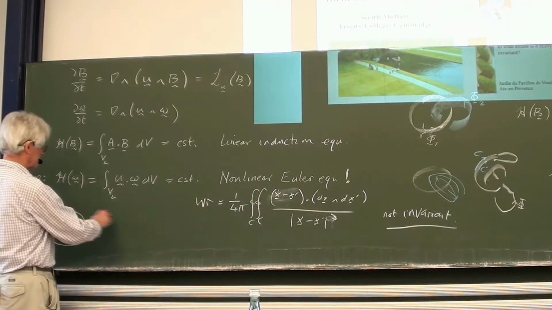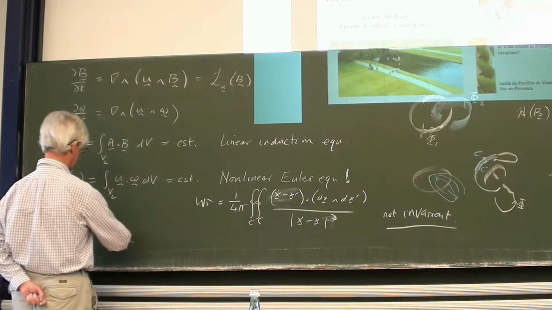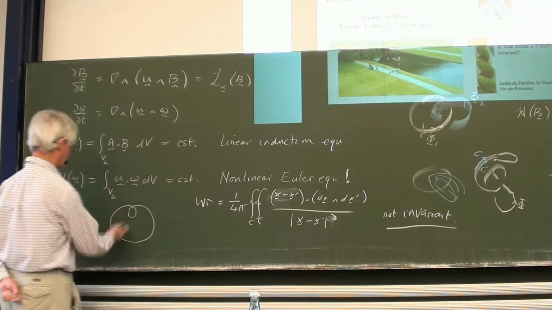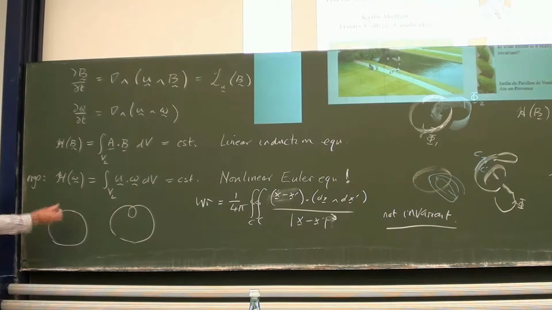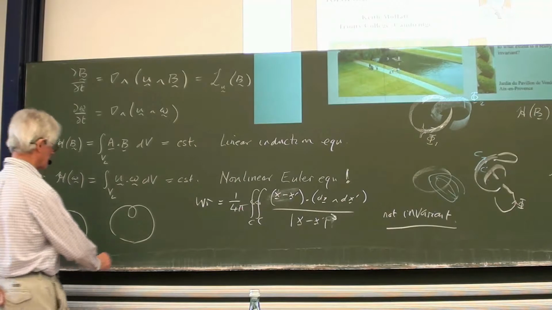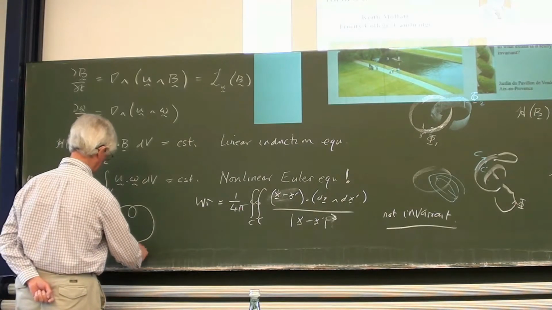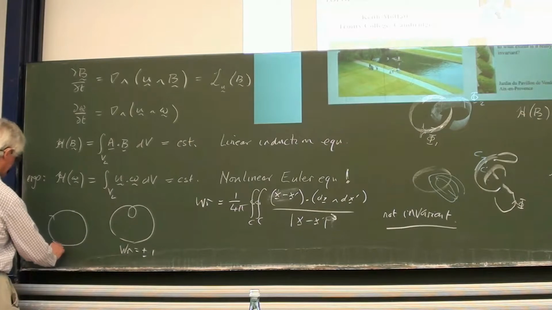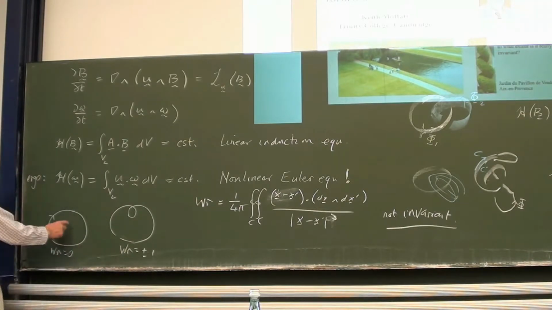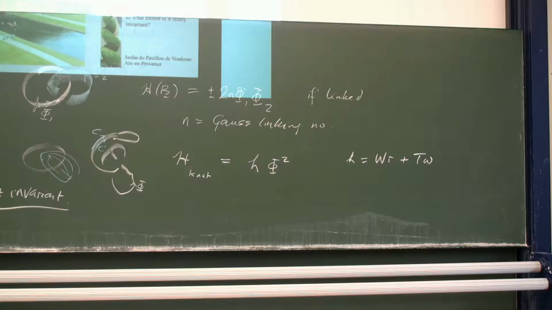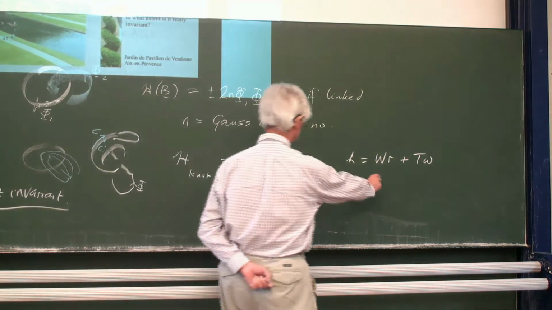But if I go through one of these Reidemeister moves, so we pull it and twist it through 2 pi, then we get a writhe here that is plus or minus 1. And here the writhe was 0. And the writhe, as you've gone through this deformation, has varied continuously between 0 and plus or minus 1. So it's certainly not invariant. But that's compensated by a change of twist. And the twist here,